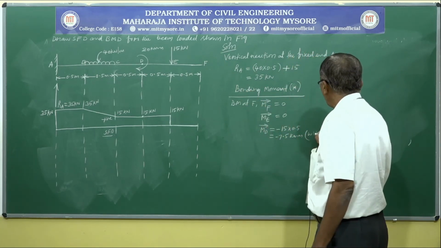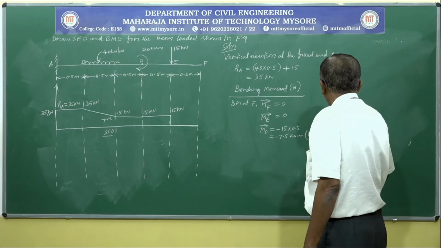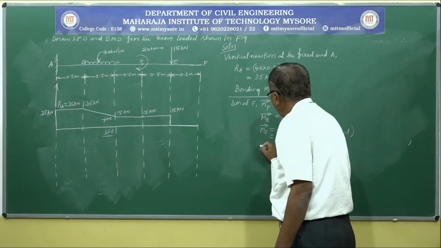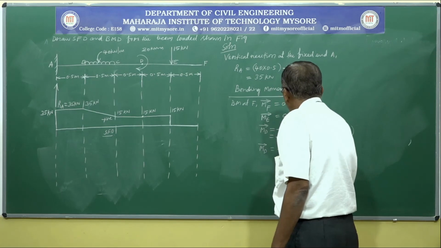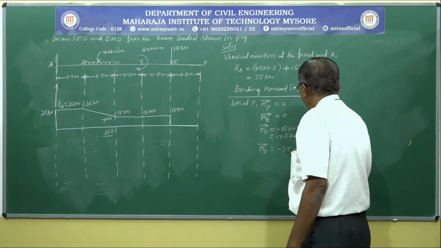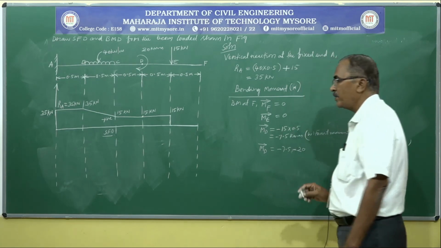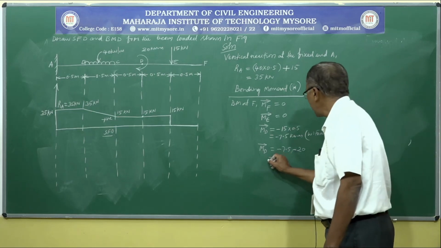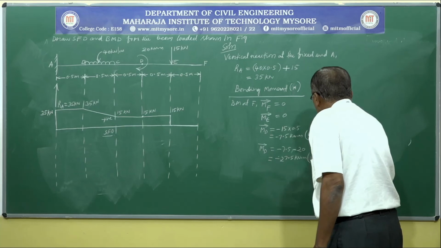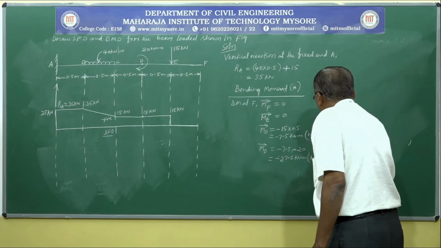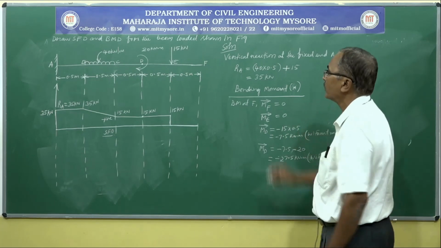At the external moment point, we need to calculate two bending moments. So this is without moment. Again at D, MD is equal to minus 7.5 minus 20. A clockwise moment to the right hand side, clockwise also positive. That is equal to minus 27.5 kilonewton meter. This is with the moment.